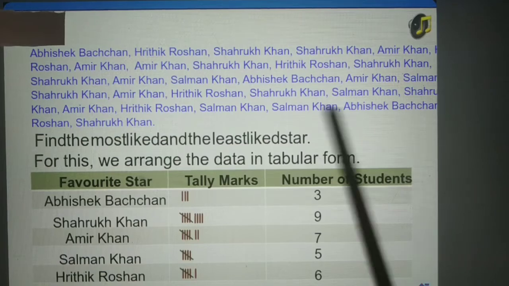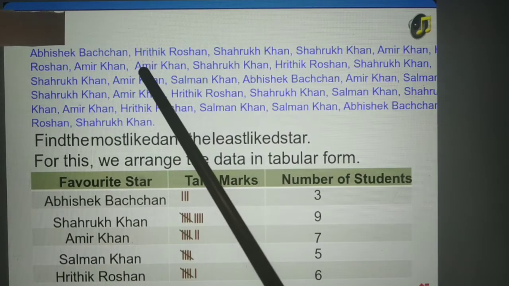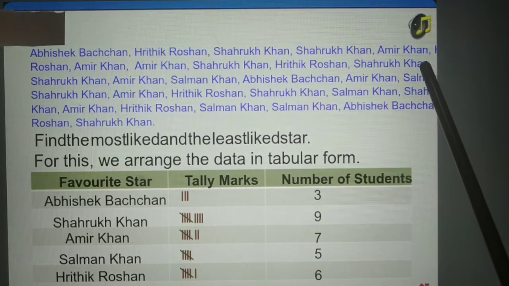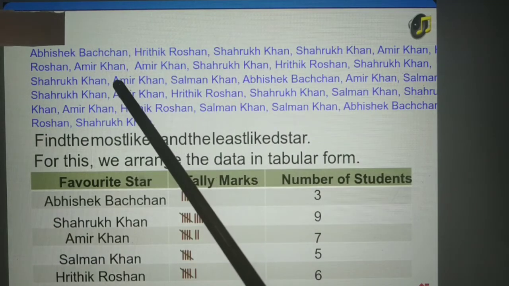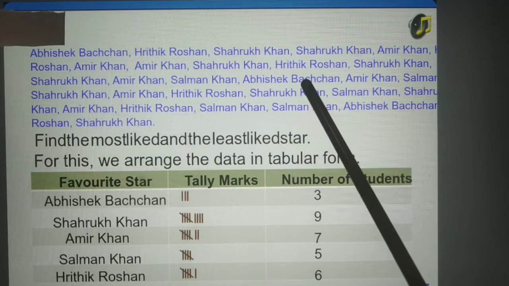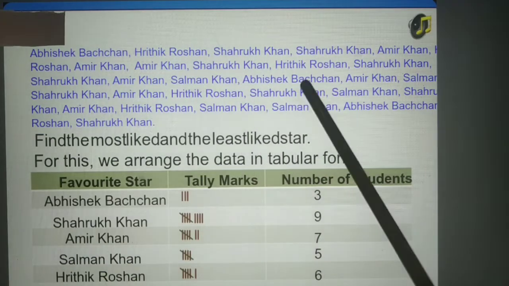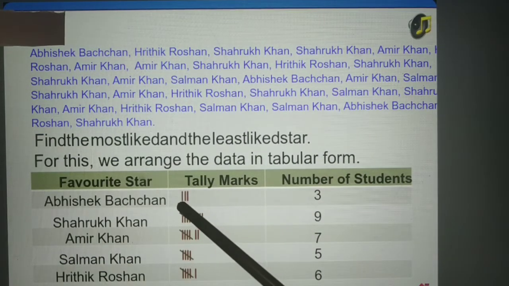One. Then come towards next. You first see the first row. Only one. Next. Then observe the second row. In this way, you just calculate how many times the name appears. See, here is the name. In the third row, we get the name of Abhishek Bachchan one more time. One and one, 2. So we have to put 2 lines.